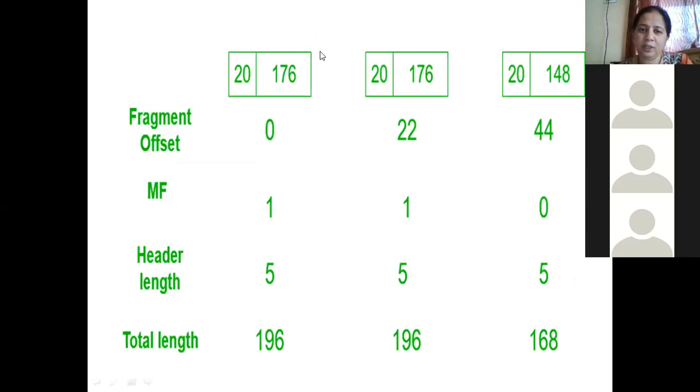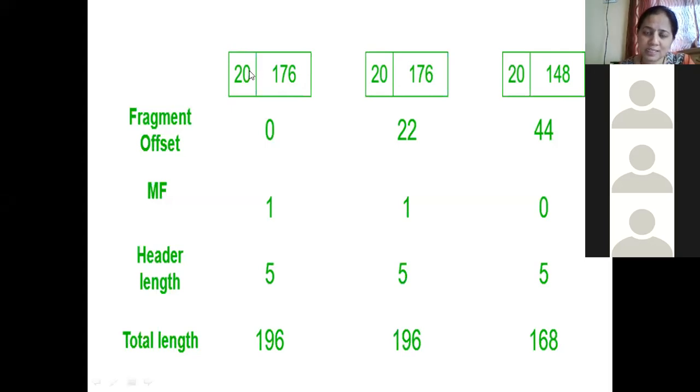The first fragment, you all can see on top, what is shown in the square is the datagram or the packet. The first fragment contains a 20-byte header and 176 bytes of actual data. The second fragment again contains a 20-byte header and 176 bytes of actual data. In the third fragment, again, there is a header which is 20 bytes long and the data part contains only 148 bytes. Now you all can see, imagine we have one large packet. It is now divided into 3 packets or 3 fragments.